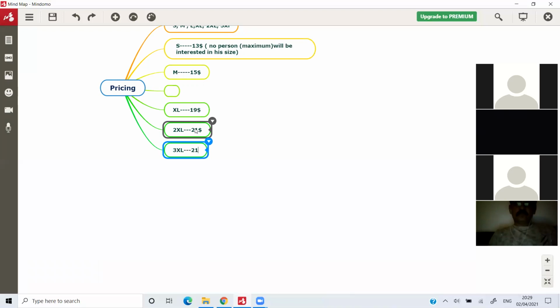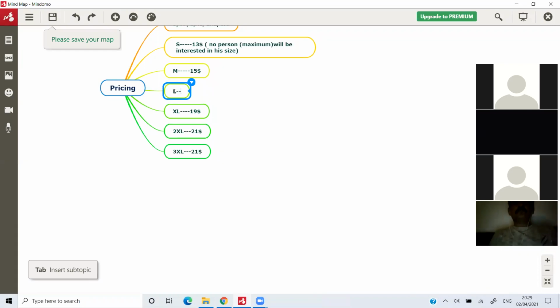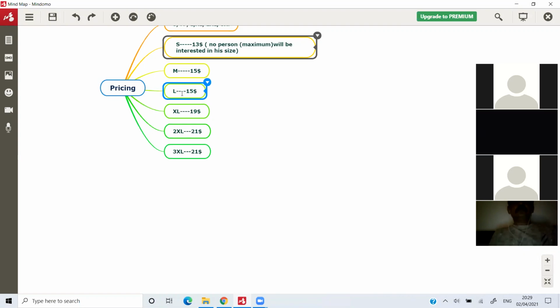The maximum amount of profit is with XL and 2XL. L as well, which you're going to sell for $15. So we are going to make the maximum amount of profit in L, XL, and 2XL.